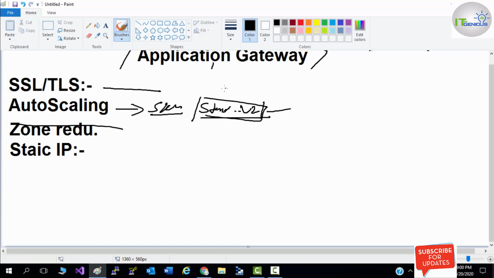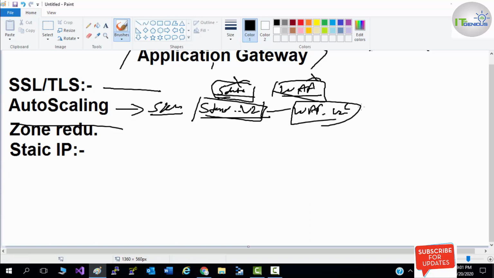The normal standard SKU will not get auto scaling. There is a WAF SKU in which you will not get auto scaling, and there is WAF version 2 in which you will get auto scaling. So with standard V2, by default you will get the auto scaling option.